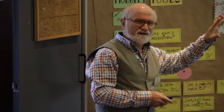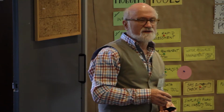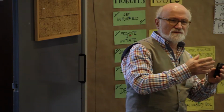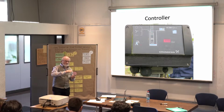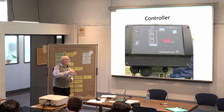The controller is a very important part. I was talking to manufacturers and they say, look, the pumps are more or less developed, but at the pump manufacturer where I was, they had 60 people, only software engineers and electronic engineers, to make these controllers more efficient and more combined with the solar power generators. So that, for example, in the morning when the sun rises, the pump will start, but then will maybe stop because it's just about to start but it's not enough. So it starts, then it draws more power, then it stops. These things you can all handle